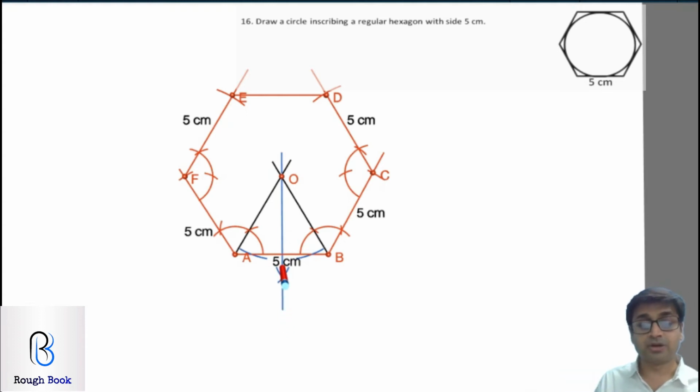Now keep your compass on O. Extend it till this point where I am marking as point M. That's your radius. Draw your incircle. It should look accurate like this, which is very rare, very difficult. I'll be very honest with you, it's not so simple to get the incircle. So if you happen to miss out 1 or 2 points, the teachers at times are lenient. So don't bother, but try and get an accurate one.